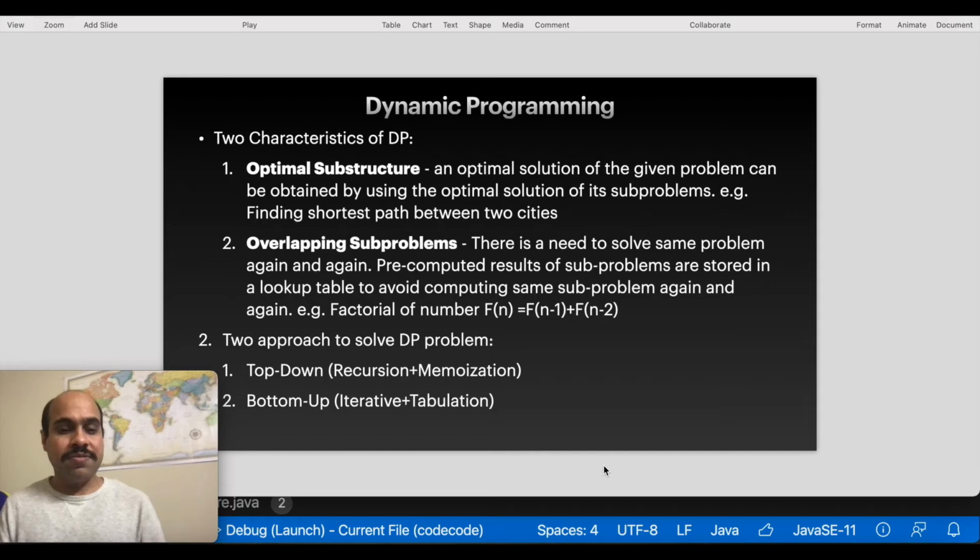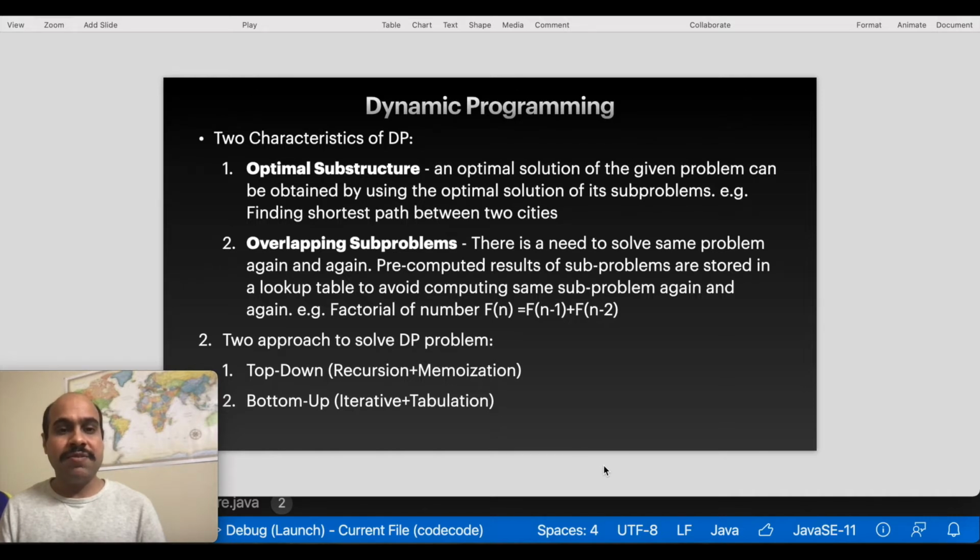Hello friends, so today I am starting my series on dynamic programming. Today's lecture will give the theoretical information about dynamic programming, and I'll solve one problem, the coin change problem, and I will start from the beginning. So how do we start thinking about the solution of the problem, and what are the different ways where we can solve the problem using dynamic programming.